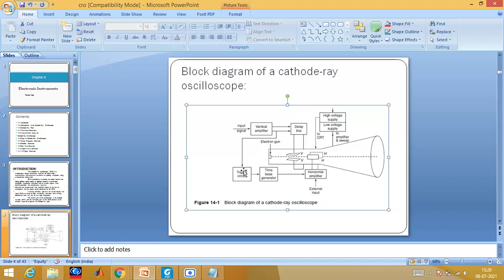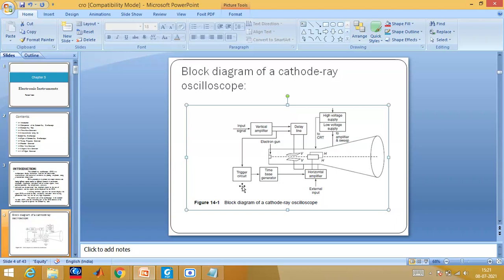So here we are using the triggering circuit with the vertical amplifier connected. Whatever input signal you are giving, if it is above that particular threshold line, then only you will be able to analyze, monitor and study it further. For that sake a triggering circuit is there. If it is below that threshold point, then you cannot analyze the signal on the CRO screen.